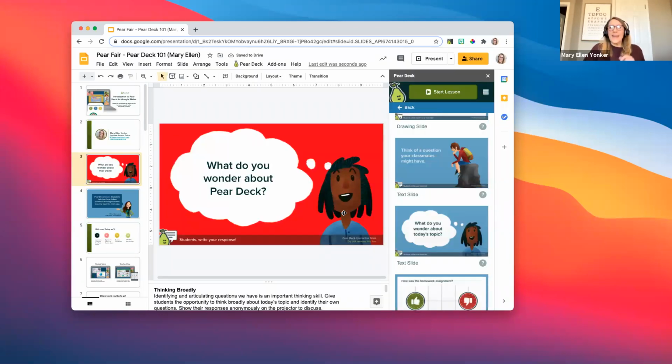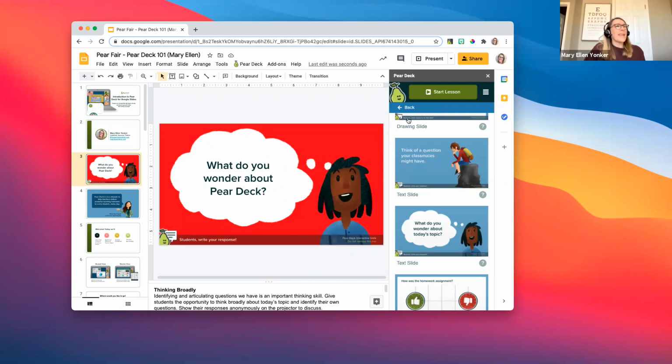The only thing that I cannot do is remove the footer. You can see that down here in the bottom of my slide, I have my little Perry icon, and it tells the students you're going to write a response. And it also says, do not change this link. This footer is what is making this an interactive slide. On the right side, it even says, don't remove this bar. So make sure you can edit anything on the slide, but do not remove the footer.